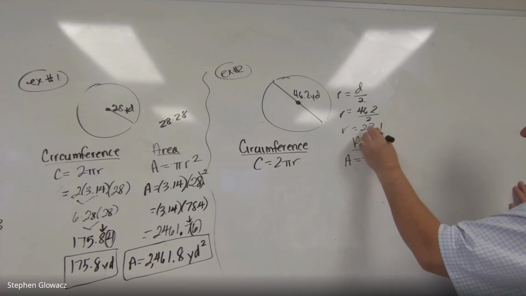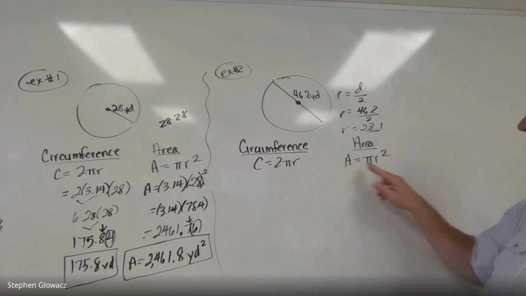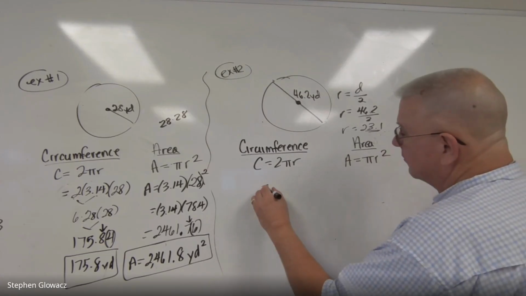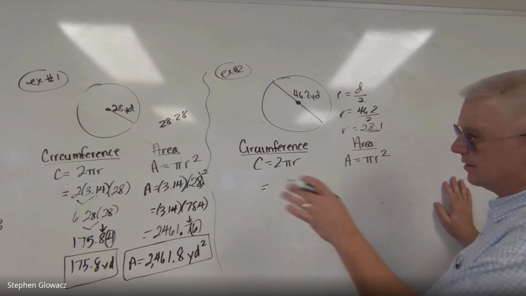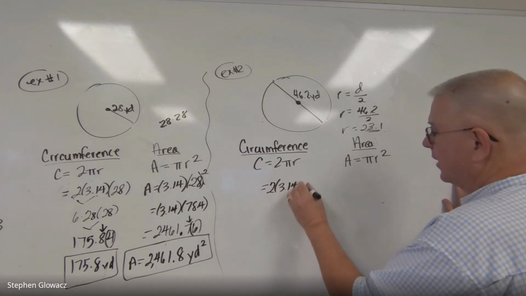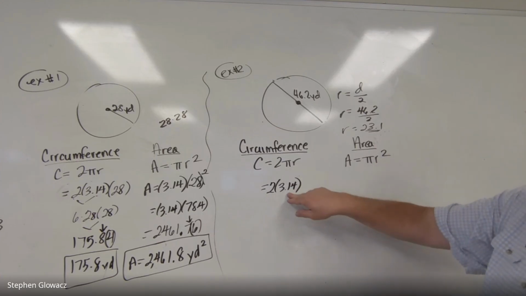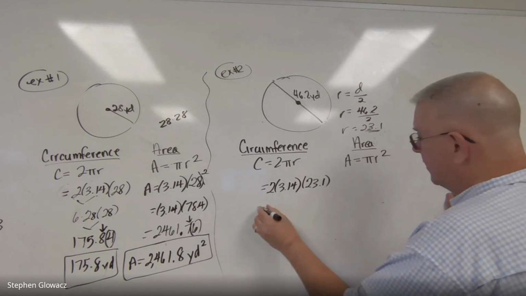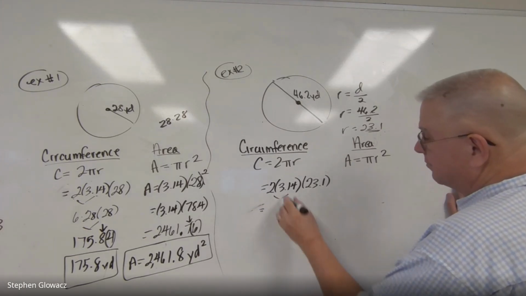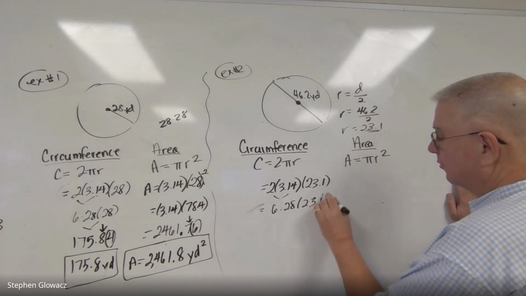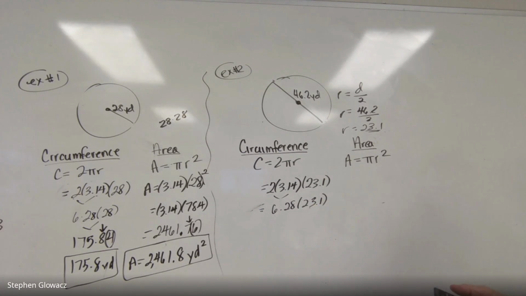That's what we're going to be using in both circumference and area when we substitute the radius, 23.1. So let's go ahead and do that. It's the same work as number one, but let's work through it just as another example. Once again, if we're not leaving it in terms of pi, we always substitute 3.14 for pi, and then our radius is 23.1. Multiplying 2 times 3.14 again is 6.28. And then we're going to multiply 6.28 times 23.1. So we're going to get out our calculator, and we do that, and we get